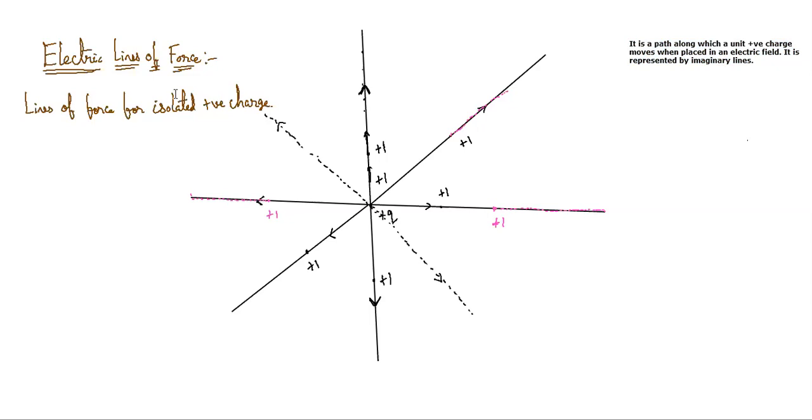One thing to note. Basically, this will be uniform. These lines of force will be uniform along all the three directions. Will it be 2D or 3D? That I want to ask. Will it be 2D or 3D? 2D. Please be careful with your answer. How will it be 2D?